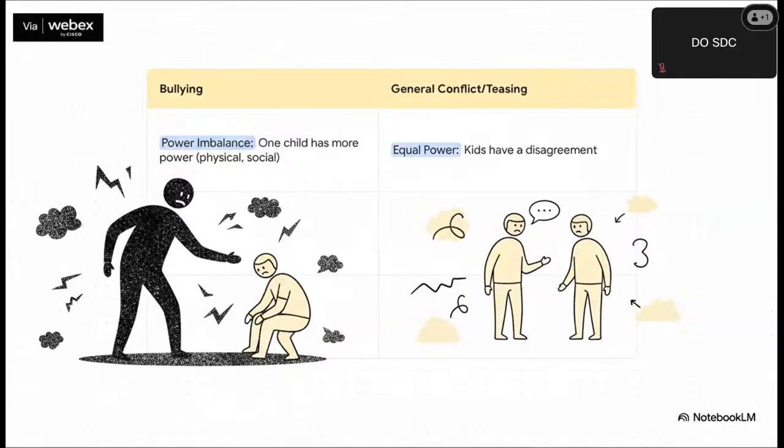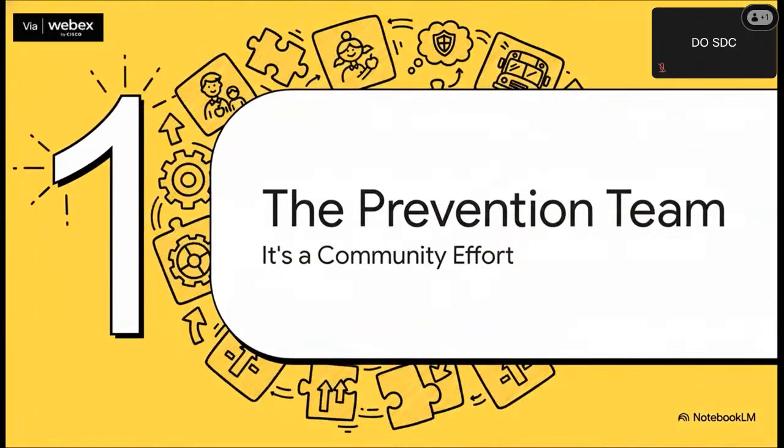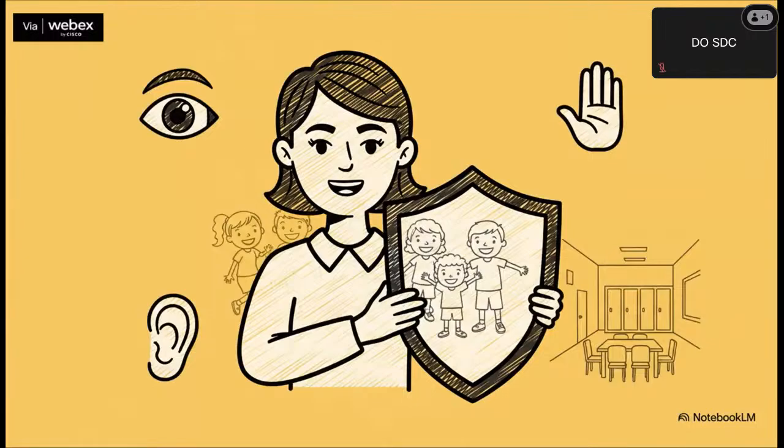Okay, so if we really want to stop bullying, we've got to understand that this isn't a one-person job. Not at all. Creating a truly safe school takes a whole team, a whole community, where every single person knows the part they have to play. It really starts with the adults. We're talking teachers, principals, custodians, every staff member. They're the first line of defense. Their job is to be watching, to step in the second they see something, to never just brush off a kid's report as drama, and to be present in those places like playgrounds and hallways where bullying tends to happen. They really do set the tone for the entire school.